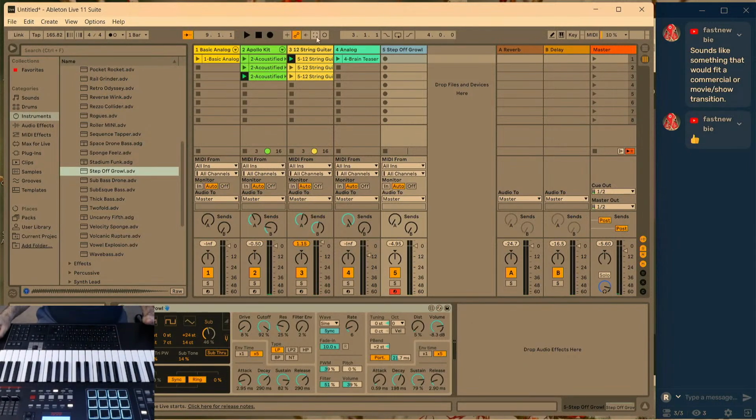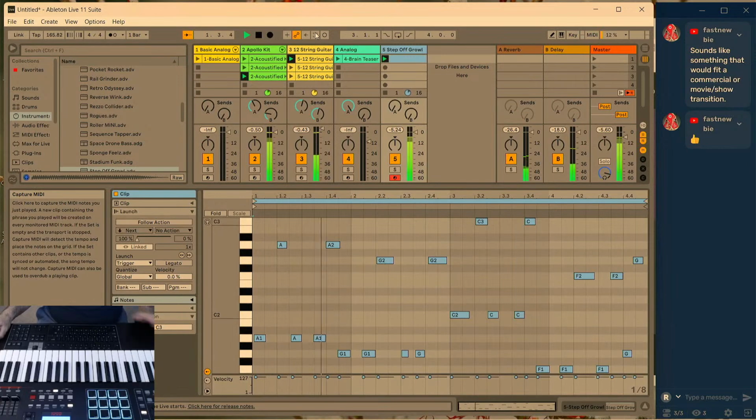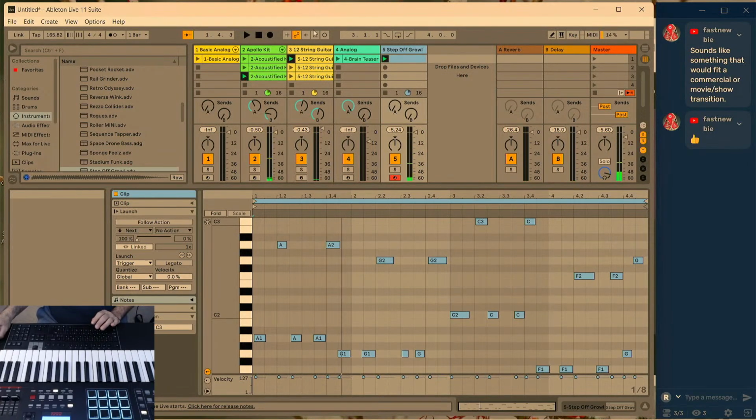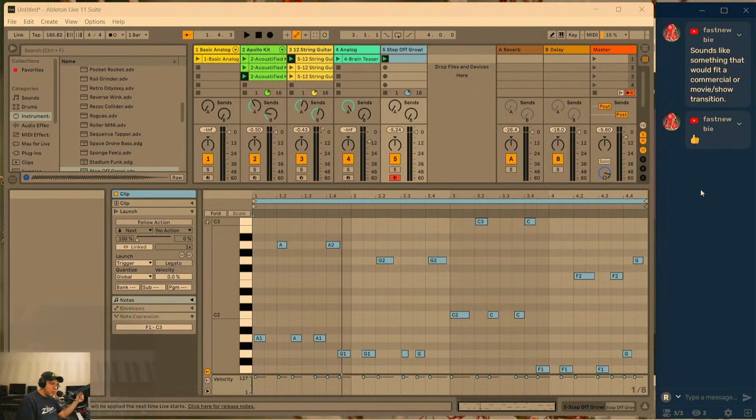I did not have record set, but if I hit this, it pulls it in. I love this feature. They have this in Studio One too. It's called retroactive recording, and even when you're not recording with the record button, it's recording your MIDI notes in the background. So if you come up with something that you really like but you didn't hit record, you could recover that,